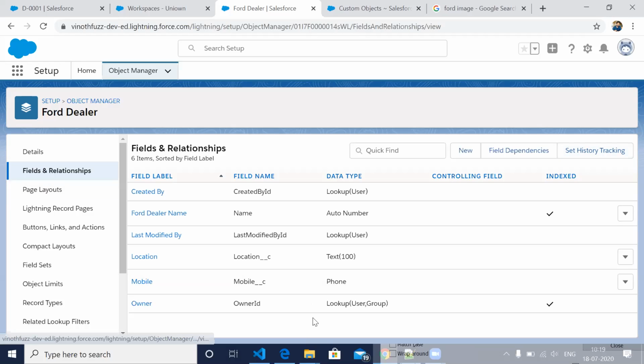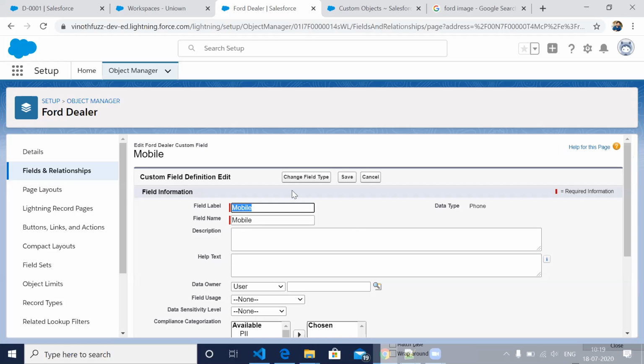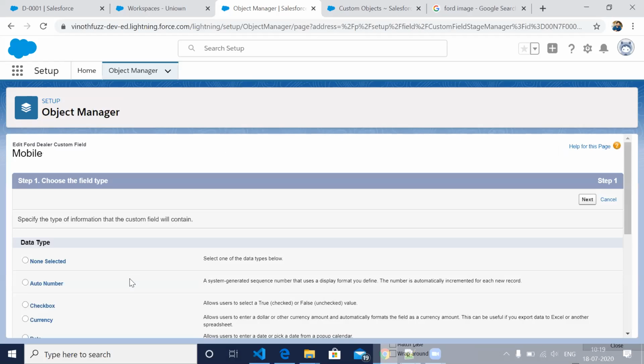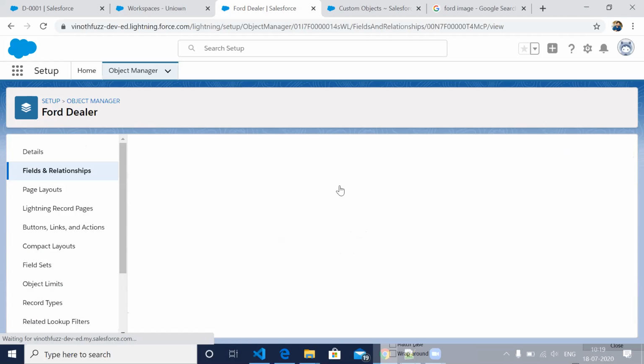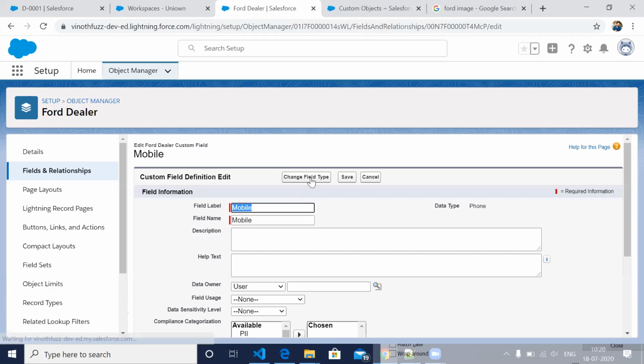At the same time, I want this mobile number to be a number field, because I don't want them to enter any text in that. So I came to this mobile field and I'm clicking on edit. And here we have change field type.